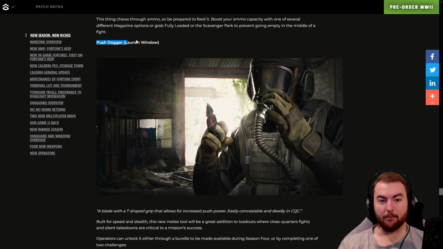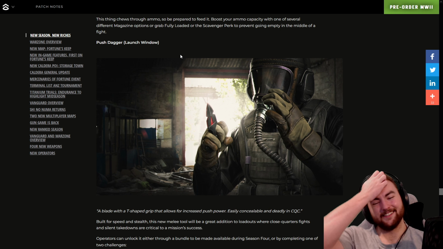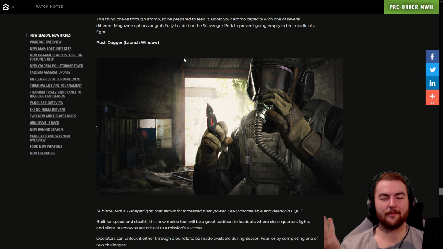Ooh, we're getting a push dagger, a new melee weapon in the game. Woo! I don't care. Do people care about melee weapons in these games unless they're like really stupid? Like, I saw that they added the big sledgehammer, and that was really cool. Just running around with a big old sledgehammer in these games, really fun. But adding a different knife, adding a different dagger kind of thing, I mean,